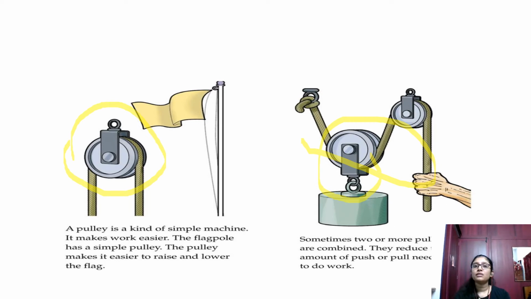That has got a big difference. Without a pulley, if you put the rope with the bucket into the well, you have to apply more force, and sometimes it can hurt your hand. The heavier the bucket is, the more of your energy you have to apply, which will get wasted. So to save our time and to save our energy, they have found out this pulley where the rope is put inside the pulley, and the pulley acts as a wheel here. So it rolls and rolls and rolls, so you don't have to apply much of your energy.